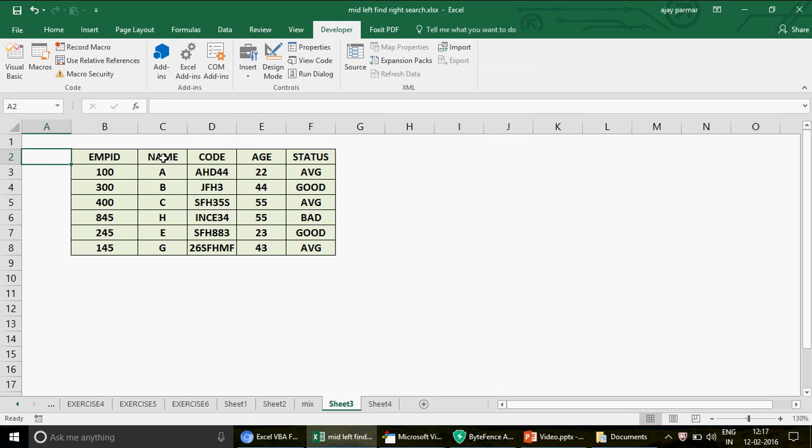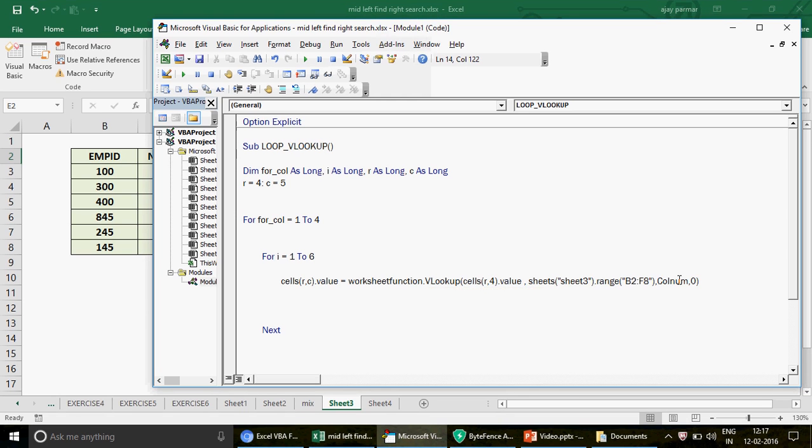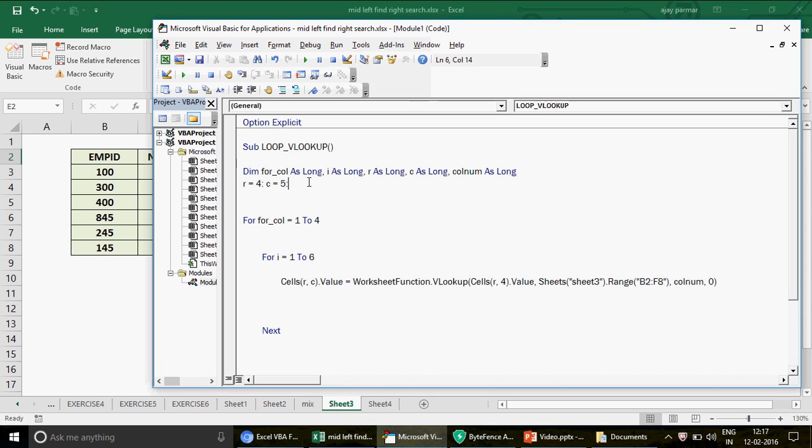Now you know that the column number has to be 2, because we need the employee name, right? And then next time it has to be 3 and then 4 and so on, right? So the column number, because I have to change this again and again, I'll write here simply COL_NUM, and for the exact match I write 0, and that's it. And we have to declare the column number as well, so let me declare everything in one line as long. So again colon, and column number should start with what? The column number should start with equals to 2,